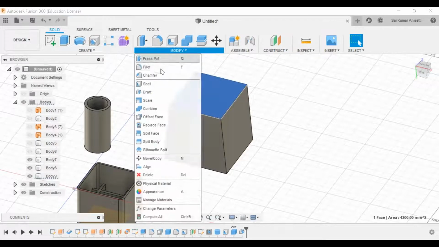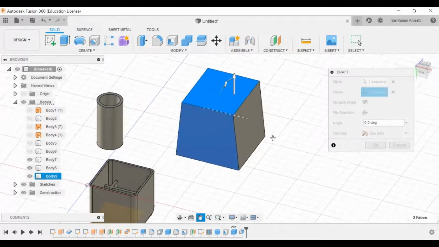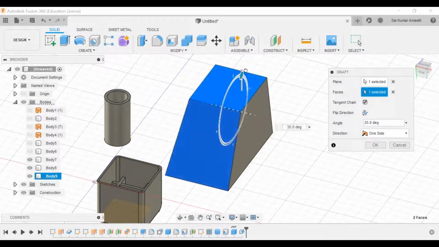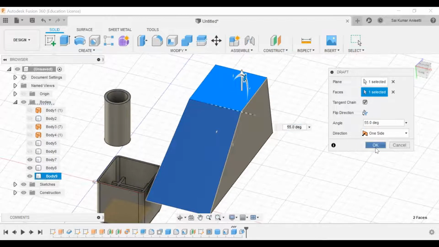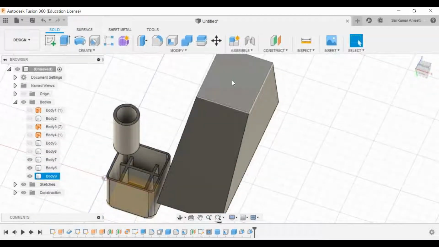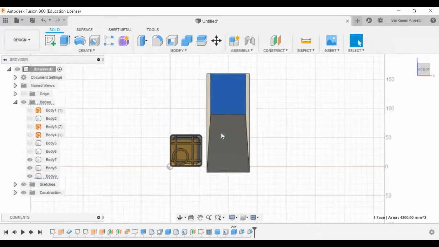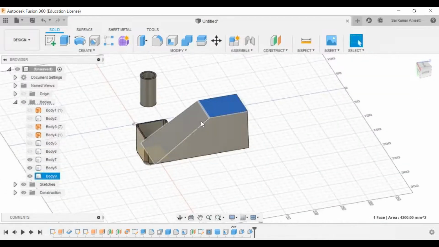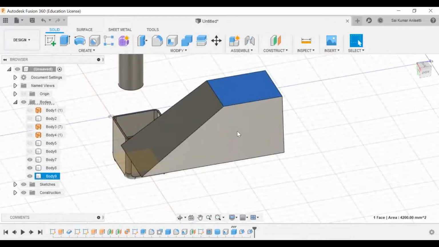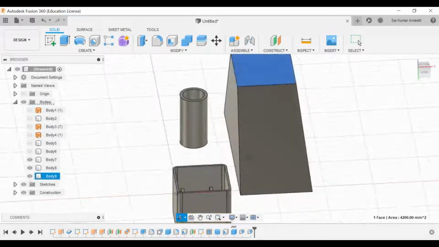If you want to have draft only for one particular side, if you want to make this kind of shape, see, if you look from the top, in a matter of seconds you can change the shape of this entire body. Now if you look from the top, the shape looks this way, just like your chisel, right? When you look at a chisel from the top, these two faces will have some draft angle, and if you rotate the object, this face will also have some draft angle. This is how you make a simple chisel.